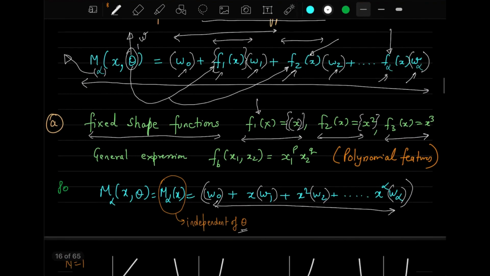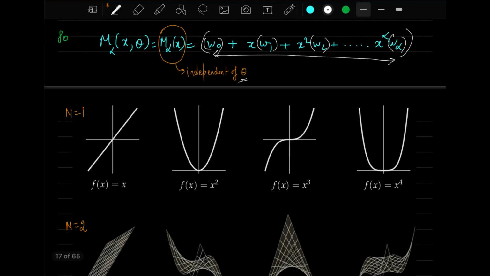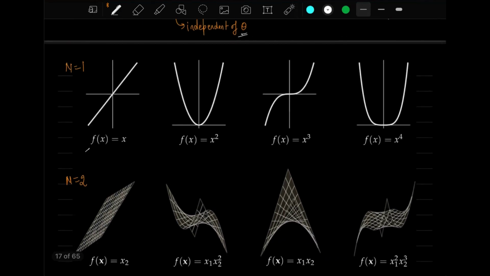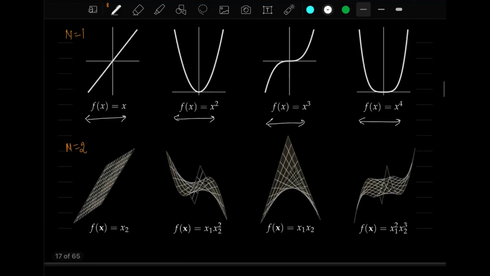But before going to that, let me show you the sketches for this. This is the typical fx equal to x. This is x square, this is x cube, this is x to the power 4, and this is the same realization in 2 dimensions. When you perform polynomial regression on any data set, you are using these functions, which are very complex functions, to implement your regression tasks. So they are acting as your basis vectors.